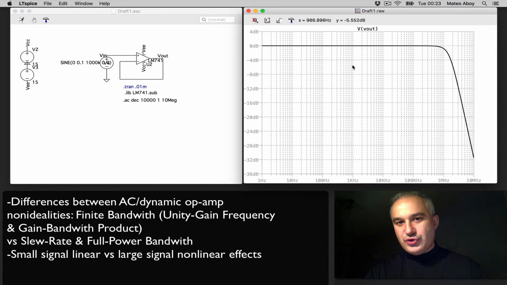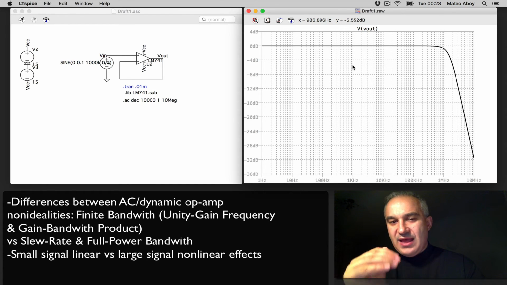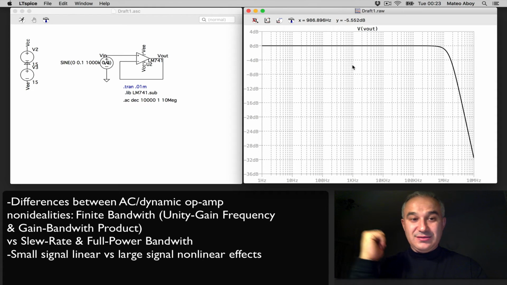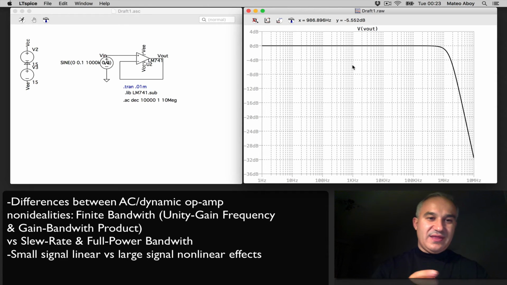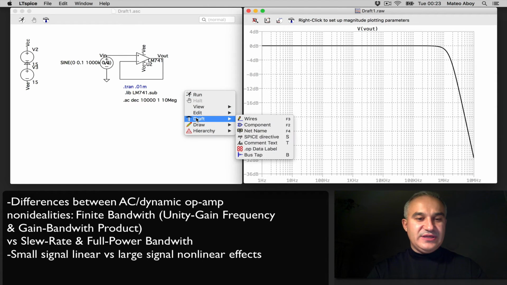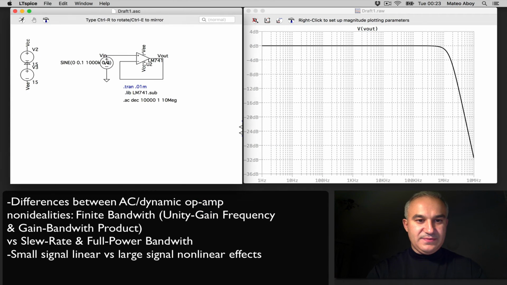Now, we're going to show also in this case that as you increase the gain, you are going to reduce the bandwidth, and that was the gain bandwidth product concept. So let me convert this non-inverting amplifier into a non-inverting amplifier with gain by adding some resistors in the feedback. So right now we have a gain of